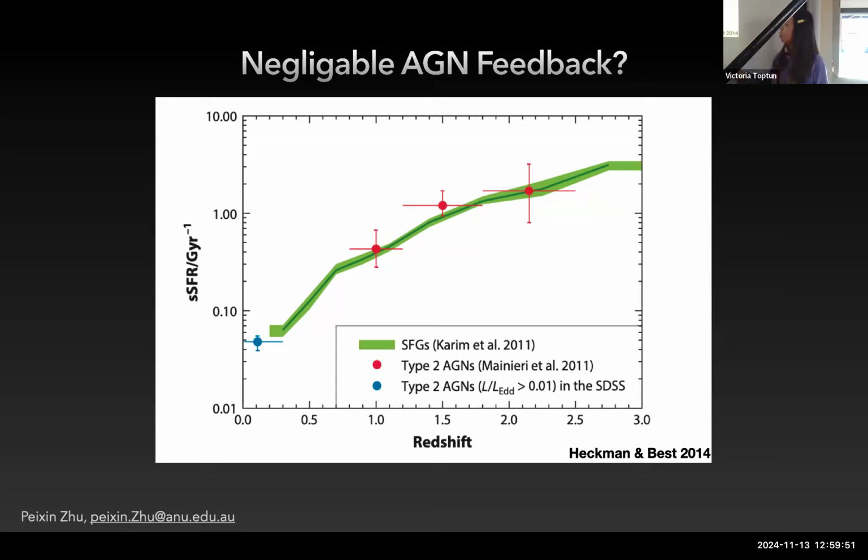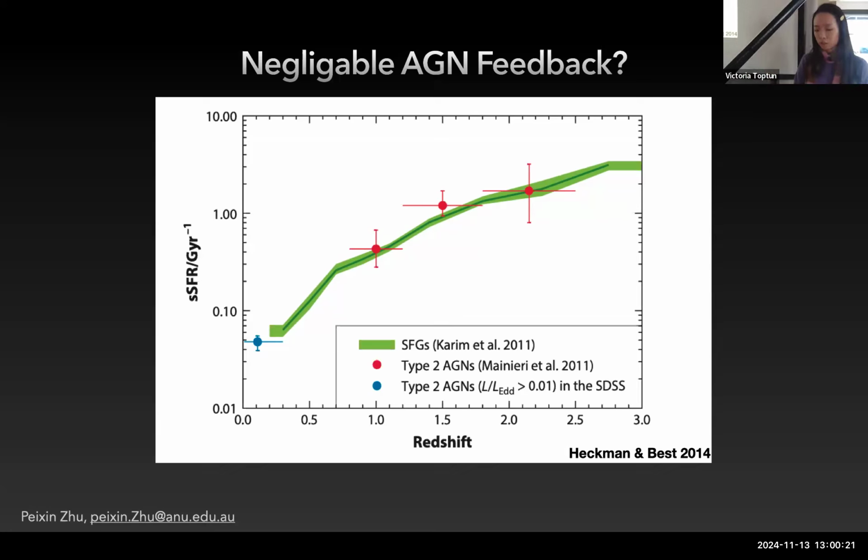The green line shows the star-forming galaxies from redshift 3 to the local universe, and the red and blue dots show AGN galaxies, where they host AGNs. So this plot shows that whether the galaxy has an AGN inside or not, AGN do not seem to affect the specific star formation rate, and the star formation grows in the galaxies. So does this mean that AGN feedback is